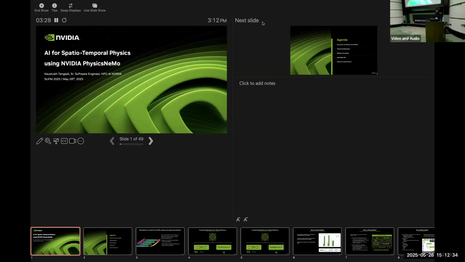So far, everything we've seen today, including the material science, chemistry, and battery problems, all of those were mostly language-based models, right? So the tokens were pretty much discrete alphabets. But there's a whole range of physics that goes beyond language representations, and one manifestation of it is spatio-temporal physics. So Kaustubh is going to walk us through PhysicsNeMo, which I think is very widely used by the CA industry. So thank you very much again.